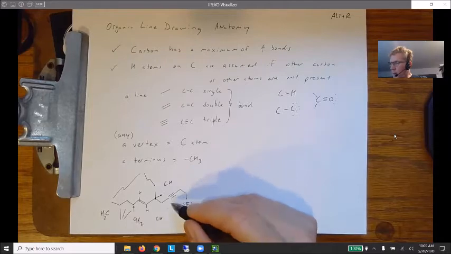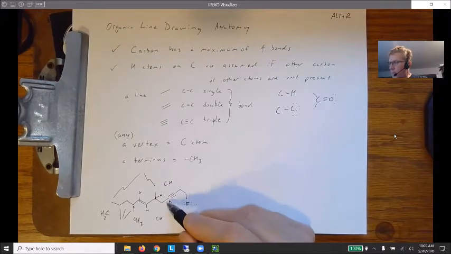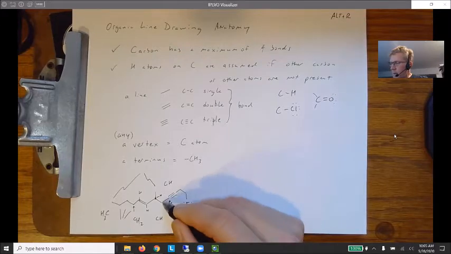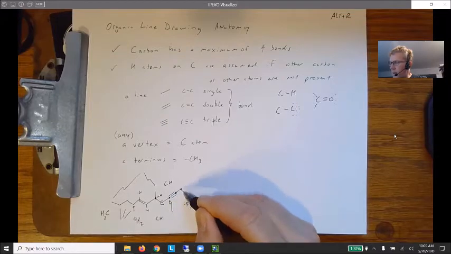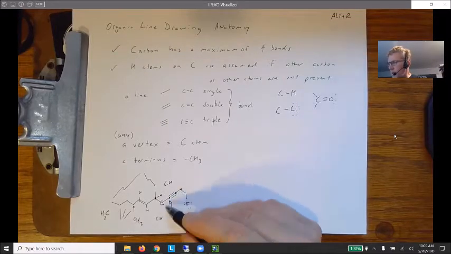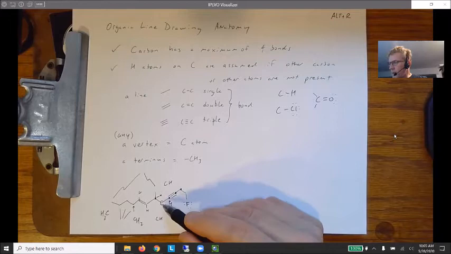On the triple bond, pay close attention because what we have through the triple bond is a carbon here, a carbon here, a carbon here, and a carbon here. So we have 4 carbons in a row that are lined up because of the geometry of the triple bond. Continuing around,